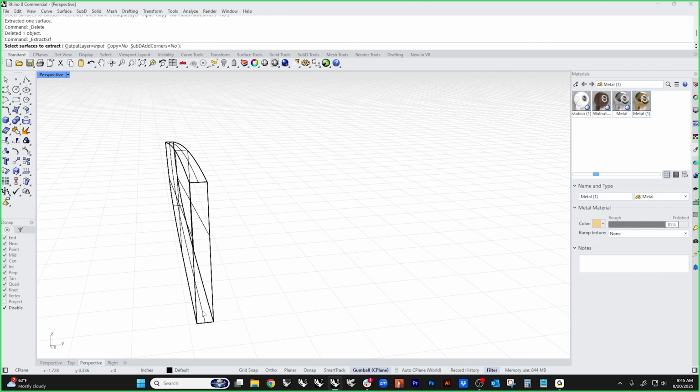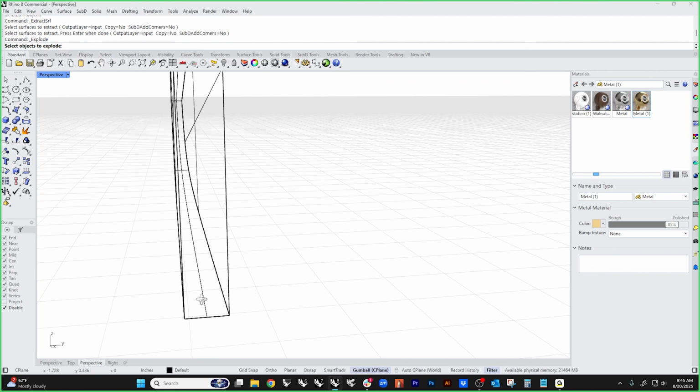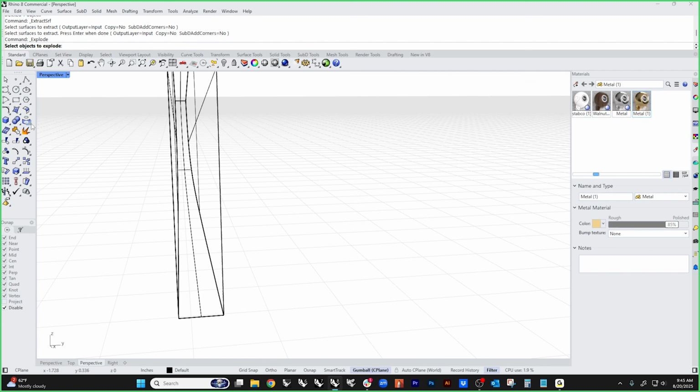And I'm going to actually just explode this whole thing. And I want to be able to figure out where the center point on this thing is. So I'm going to come up here and use the extract isocurve command. I'm going to pick this surface, then use O snaps, and grab the midpoint. So now I've got a curve right in the center, which means I can get rid of this